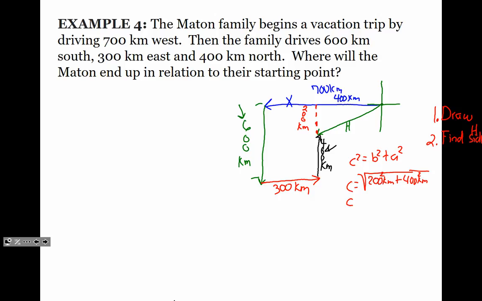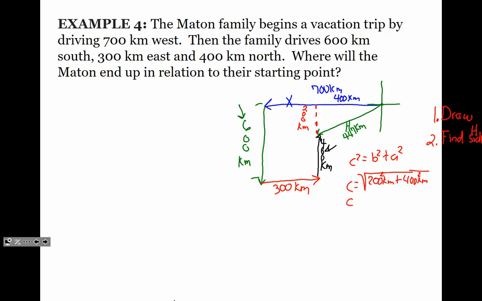Okay, so my hypotenuse is 447 kilometers. Okay, that's my hypotenuse. Now, I'm not done. That's just part of my answer. Okay, that's my kilometers. Now I've got to find, okay, where at? Where in the world is this? So notice I've already drawn,